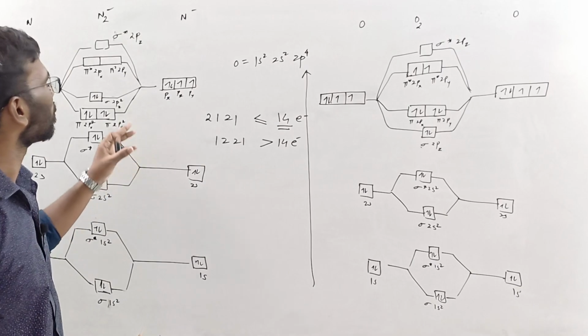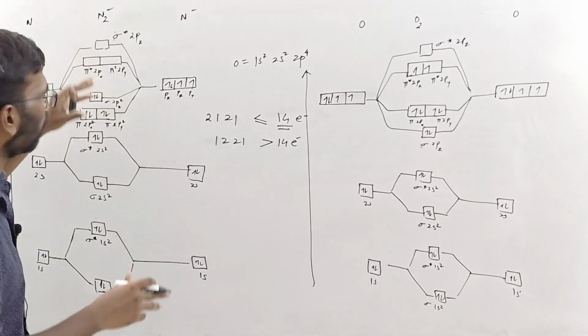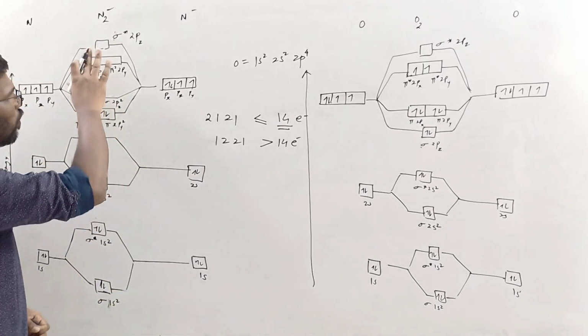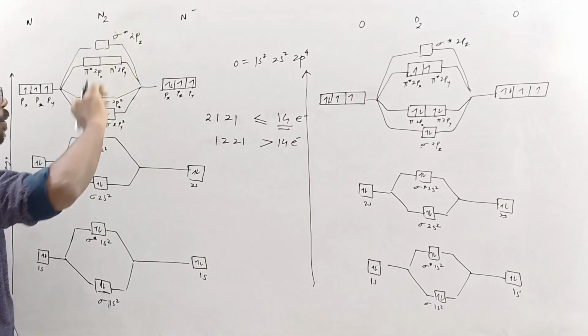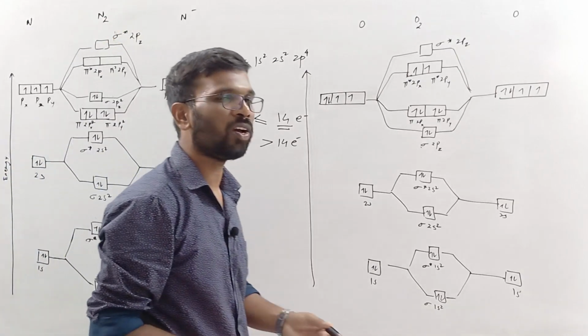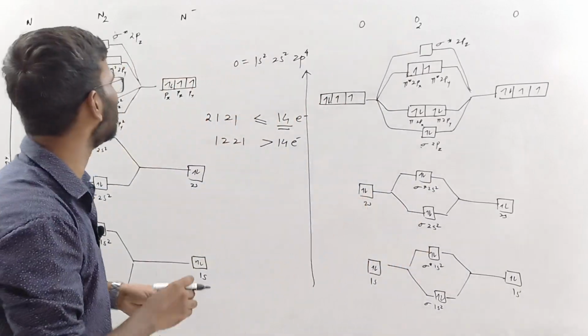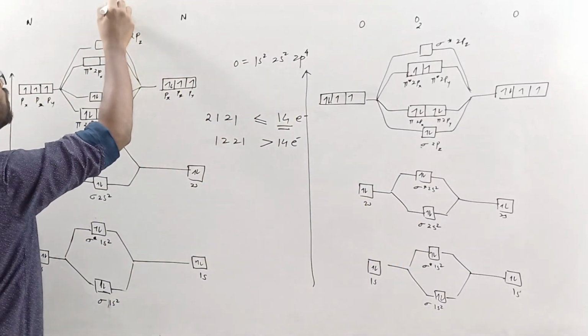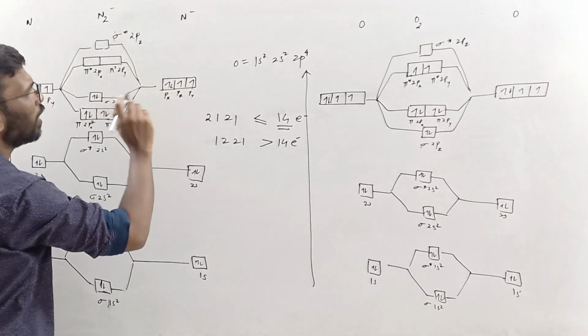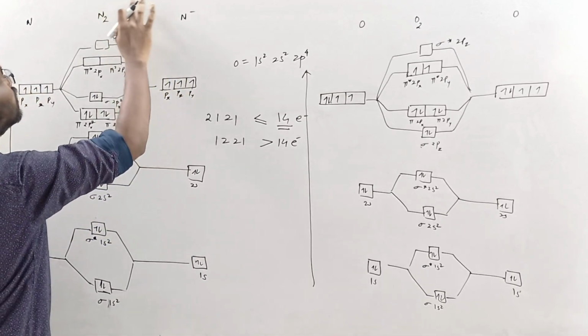So even if you are adding 2 electrons, although the electrons are becoming more than 14, you will be choosing this. Now in this case, you may come across cases where you have to draw the molecular orbital diagram. Let's say N2 minus. N2 minus means you are making one of the minus and you are adding 1 electron over here, right? This is a possibility.